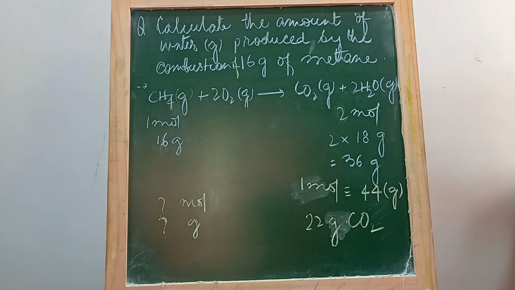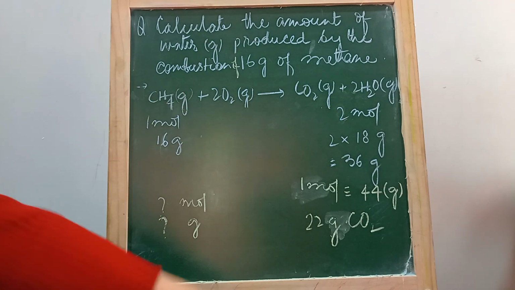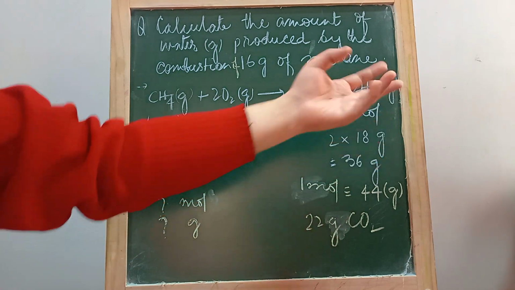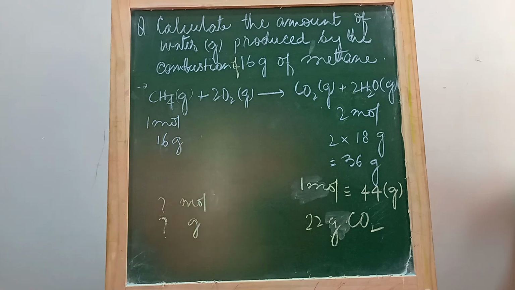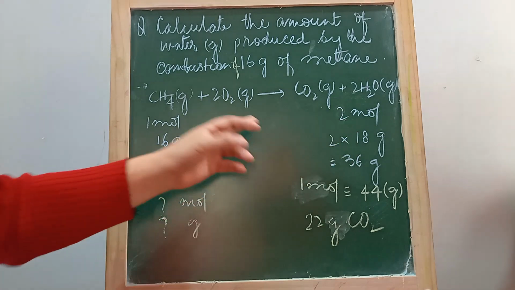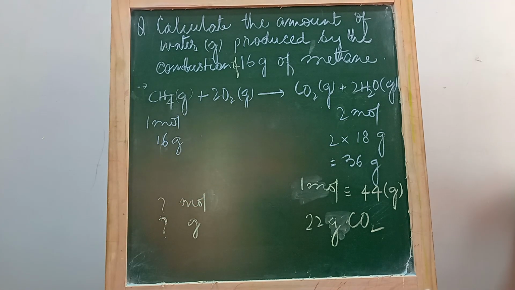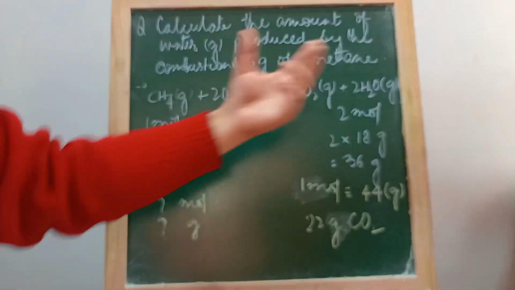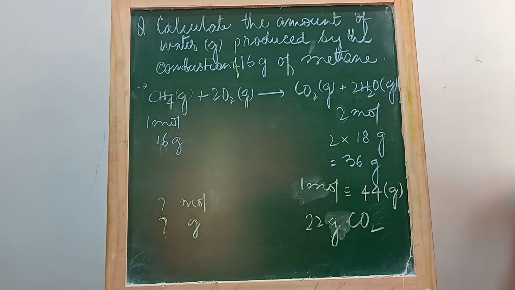the chemical equation, the reactants and the products, in accordance with the law of conservation of mass, we say that mass cannot be produced or created. If you are using 10 kg of the reactant, then the product will be 10 kg, provided all the reactants react. It should not be less than 10 kg or more than 10 kg, because you are using 10 kg of reactants. So in order to balance the mass, you need to balance the number of atoms, right? Because mass is due to the atoms. Mass is conserved, means atoms are conserved. So you need to balance